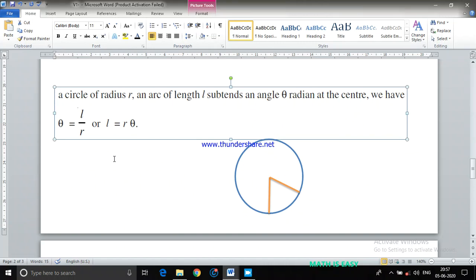In class 10th also we studied this. Find the angles. If theta is given, what is the area of the sector, what is the area of the segment. Sometimes they used to give the area and we found the angle subtended by the chord. Class 9th, 10th you already studied and you are the master of all those things. So we have L equals r theta. This is the formula which gives the relation between the length of the arc, the radius of the circle, and the angle subtended by the arc whose length is L. L equals r theta.